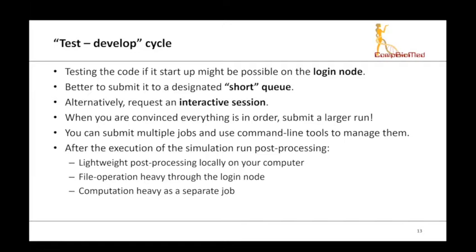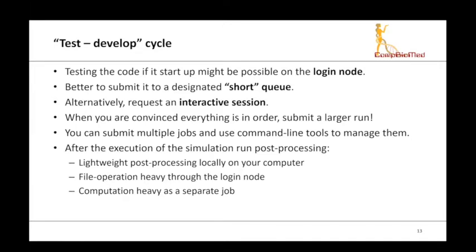However, there are additional constraints such as shorter wall time. You can request, for example, up to 10 minutes. After 10 minutes, wherever your simulation is, it's going to be canceled. This is designed so that people can quickly start up larger jobs and test out how the code behaves when you run it on multiple nodes, which is of course not possible to do locally. And afterwards, you can send in the full production run to a different queue, which is usually titled normal, for